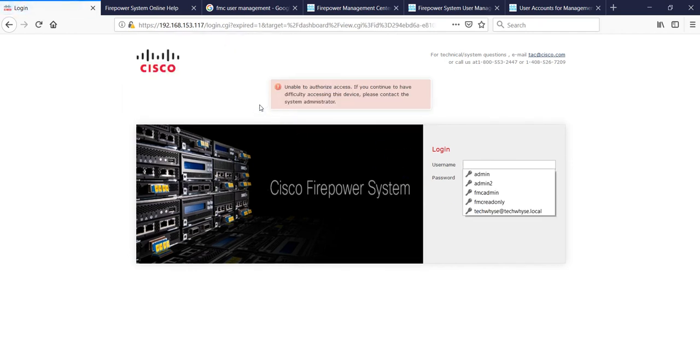You can see, because I am not a member of either of the two groups that were defined in the external authentication object, I'm not authorized to log in. So only a user that belongs to the FMC admin group is authorized to log in as an admin, and any user that belongs to the FMC read-only group will log in and